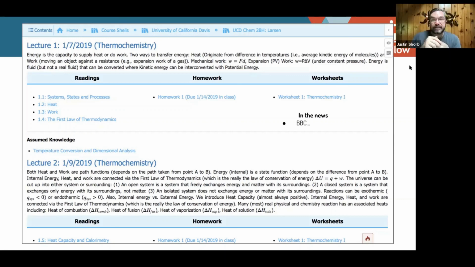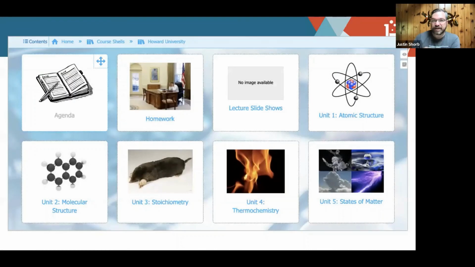Yeah, there have definitely been cases where you could build this whole thing in Blackboard, for instance. You could put all these links to different pages that you designed. In this situation, your online course could be everything from the slideshows and all the unit material, and your agenda and homework could exist in Blackboard, and it just links out to here. That's a way I did it quite often for my Gen Chem courses.